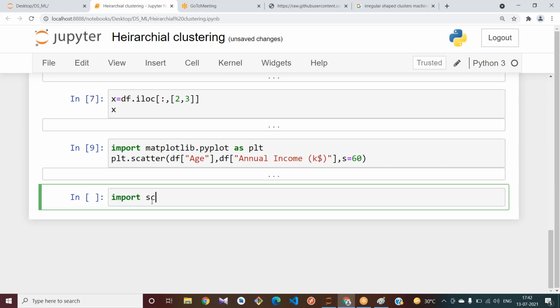Import scipy dot cluster dot hierarchy as dg. You may give any name.